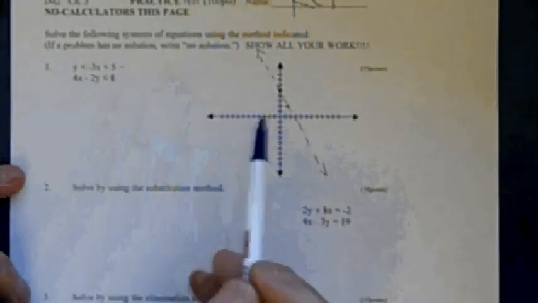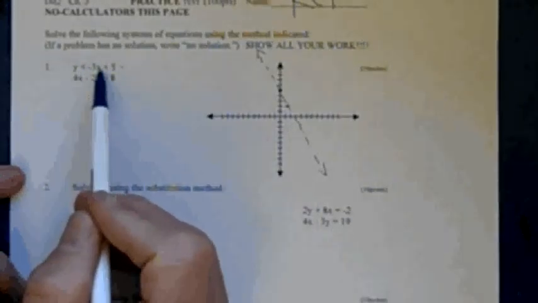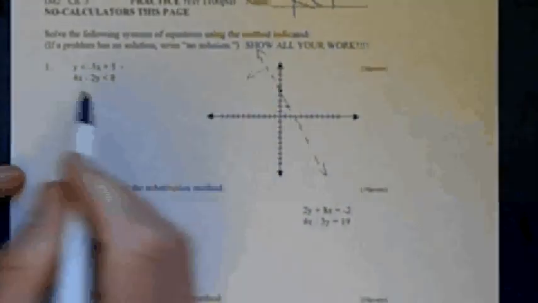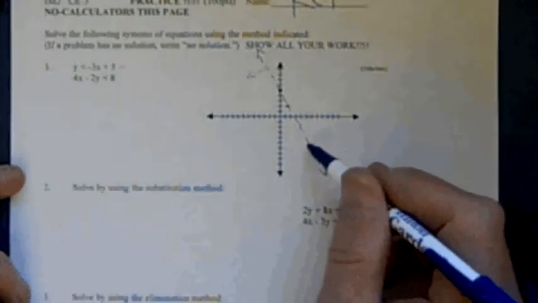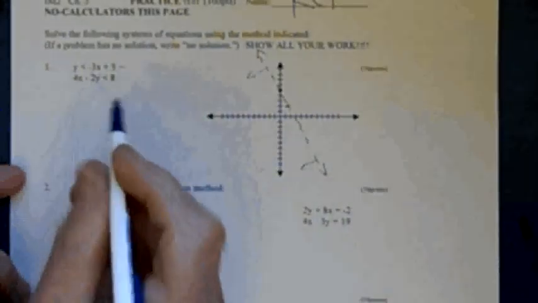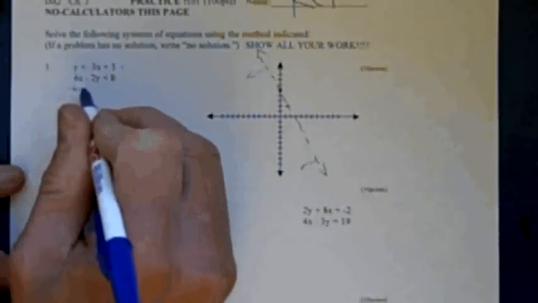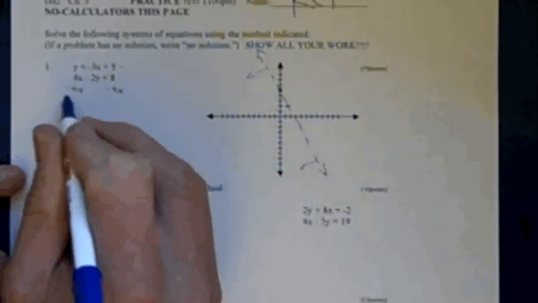Put arrowheads on the end of that, and it's a region, and I can find that region either by plugging in 0, 0, in which case 0 is less than 5, so I should shade this way, or I know that y is less than is really shading down, but at any rate it's on this half of that boundary line. This one I'm going to transform by subtracting 4x from both sides into y equals mx plus b form,